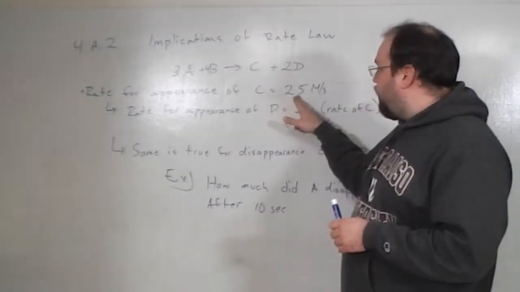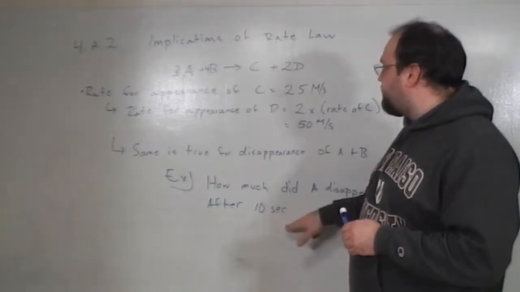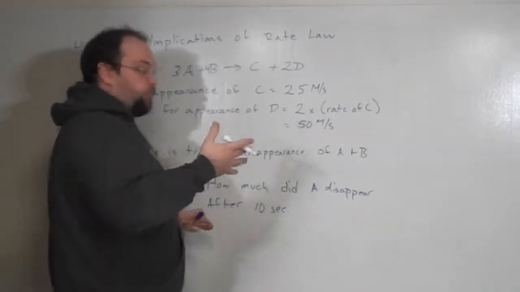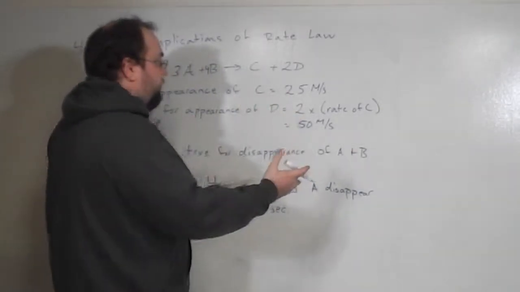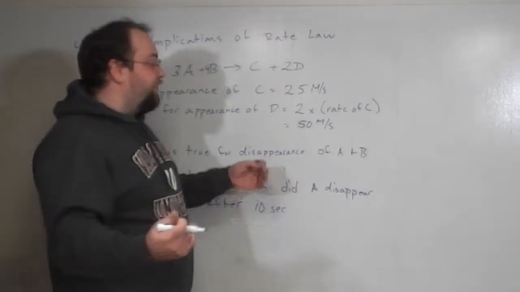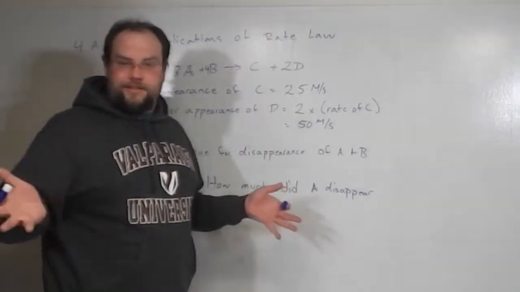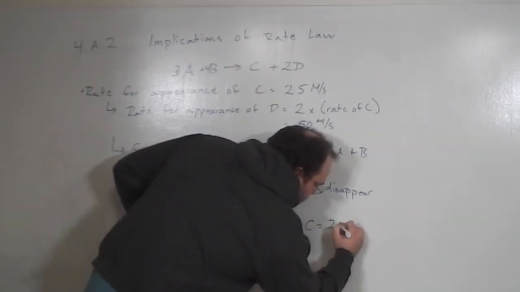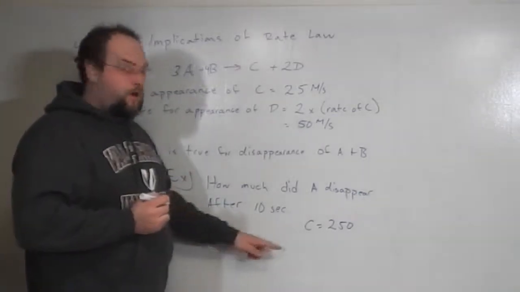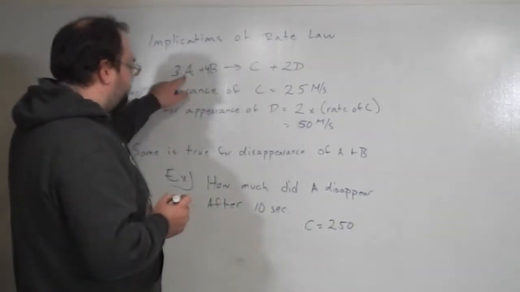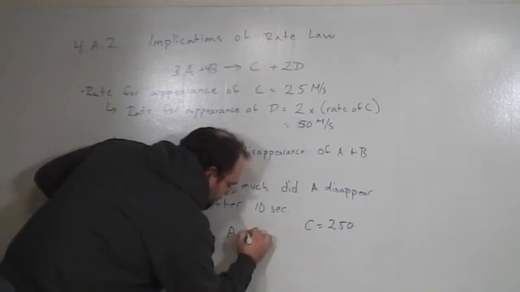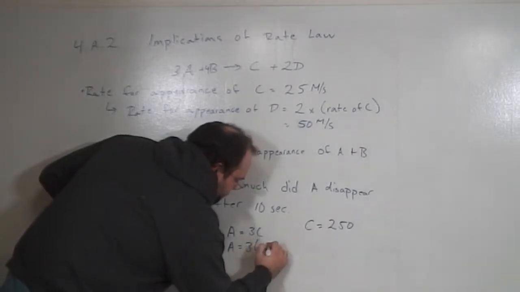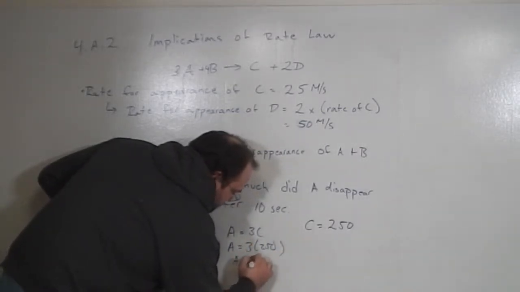So that means we know that over 10 seconds, C would have been 250 molarity, or moles per liter. Now, obviously, it's a little clunky because we don't have the volume of the container. Otherwise, we would just turn that into moles. But let's just work with me here. So after 10 seconds, we know that C is going to equal 250, right? But I know that A is 3 times C. A equals 3C. Therefore, A equals 3 times 250, and I know that A equals 750